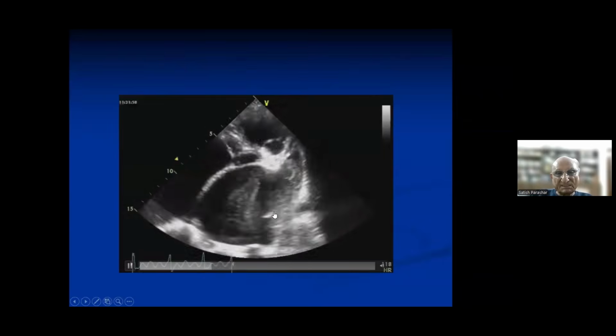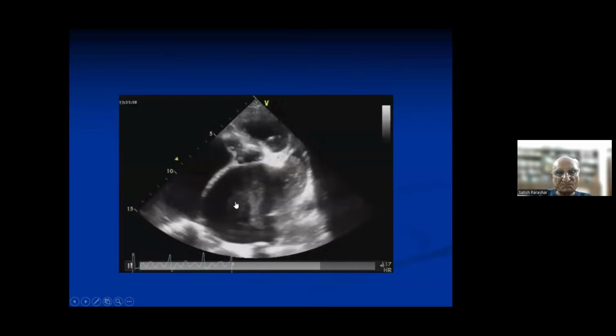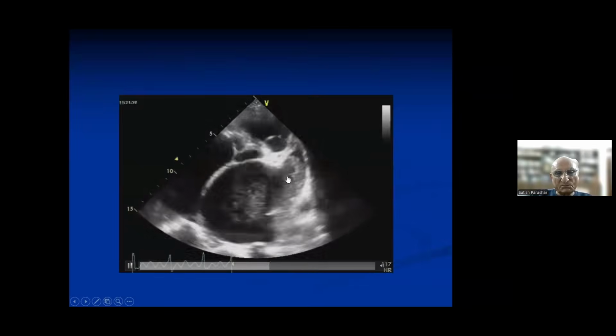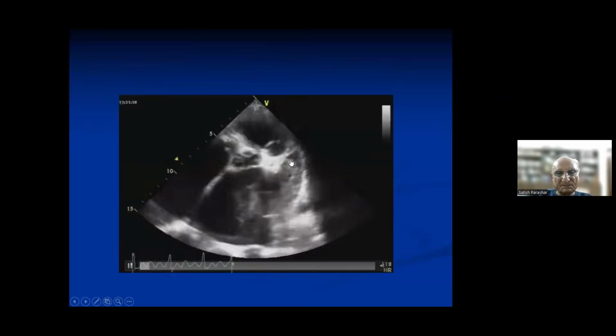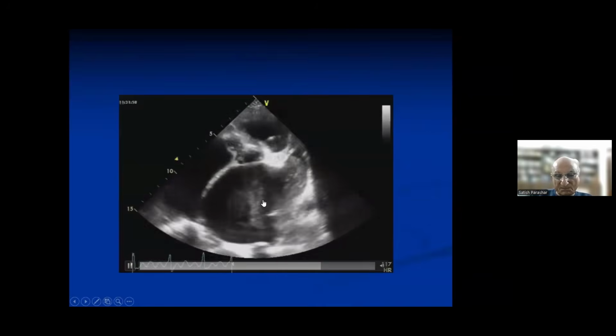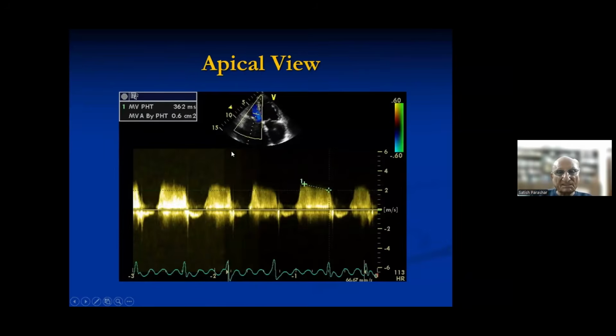And here you can see a large thrombus in the left atrial appendage, and you can see a spontaneous contrast echo. So never ignore any 2D findings, and they always give you some information. You see again, this is the LA appendage and the clot going into it, and you see spontaneous contrast echo. And then you take a mitral valve area, it's about 0.6 centimeters squared. So it will be variable. So that is how you take an apical view.